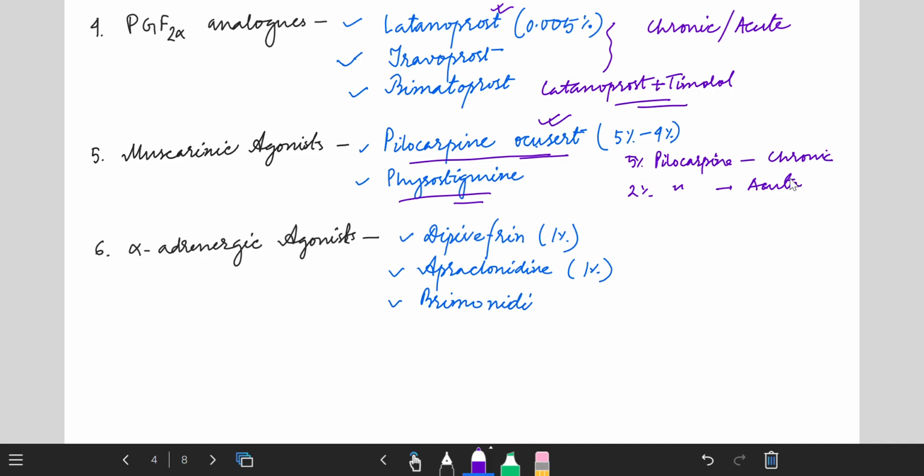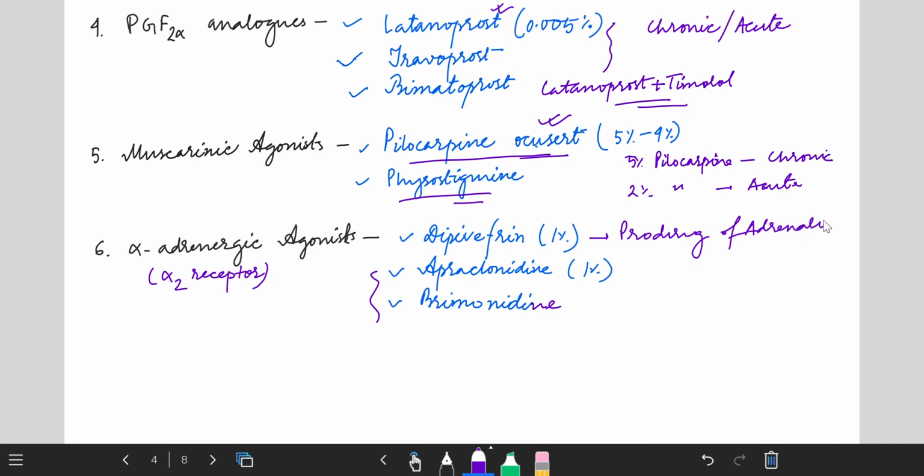Okay. Now the sixth classification is alpha-adrenergic agonist. Which type of receptor? Actually it acts on alpha 2 type of receptor. You need to remember that alpha 2 receptor. Okay. Now among these, apraclonidine and brimonidine act as alpha 2 agonists, and they reduce the formation of aqueous humor and thus decrease intraocular pressure. But the interesting fact is Dipivefrine, that is a prodrug